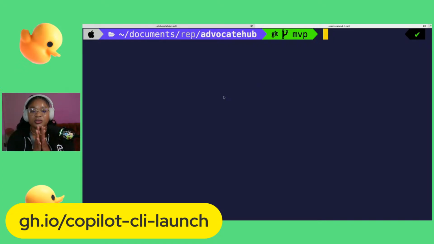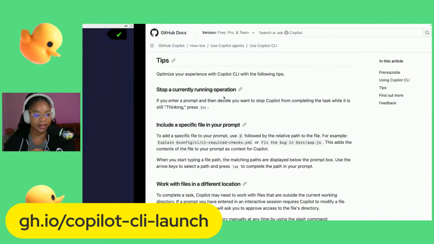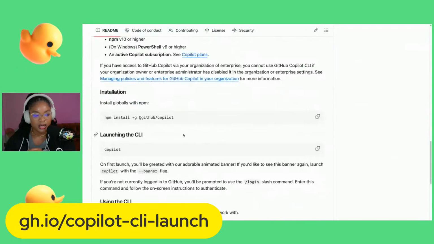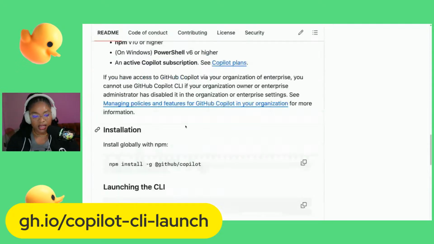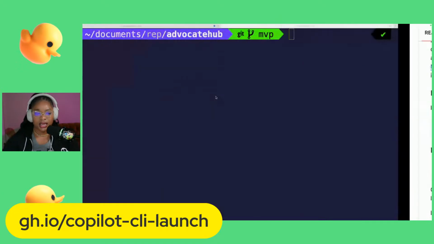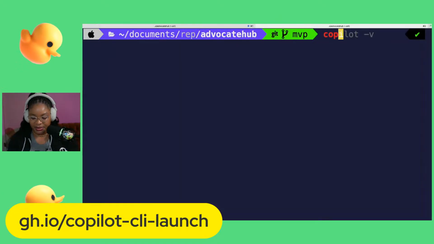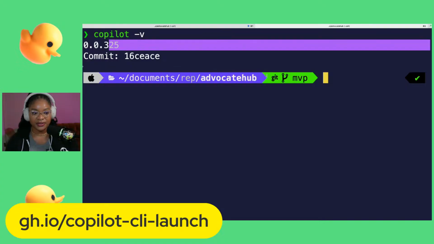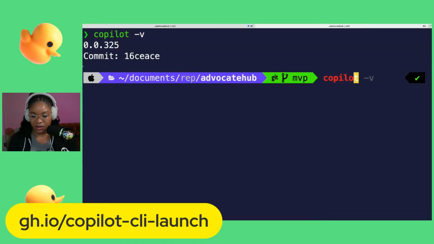So once you install Copilot CLI with that npm command, let me show you again. You can install it using this command here. Once you install it, you are ready to start using it, and you can start by simply typing Copilot. If you want to verify that you have it installed, you can do copilot -v, right? You'll see that I have this version here. And then if I do Copilot,